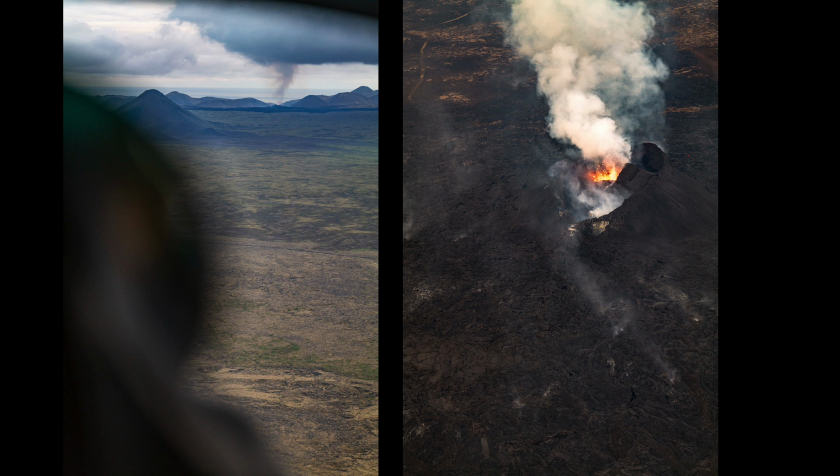I was in Iceland, and that's a flight over the volcano, the latest volcano that was active on the southwest coast. That's actually its last day or two before it stopped, and it was really interesting. Last year, I had taken pictures of a volcano that was starting, not the same one. This time, I wanted to see how it ends, and here are pictures taken with the Leica SL2 body